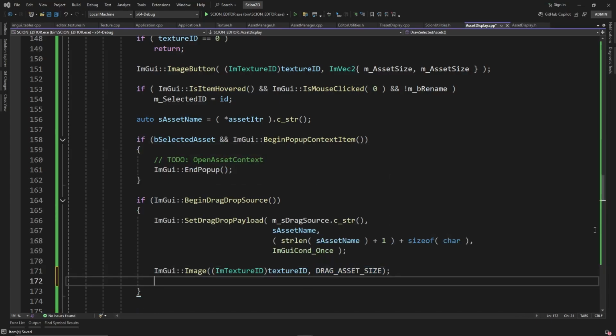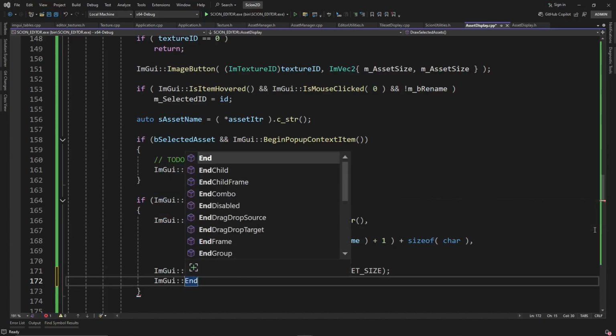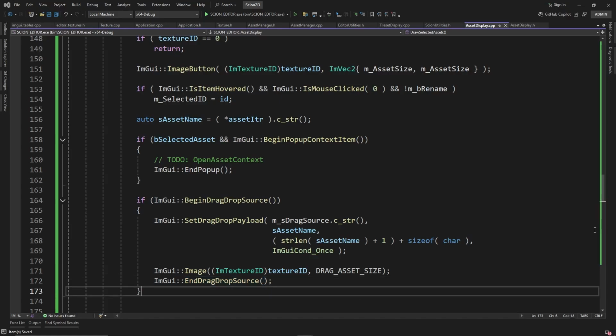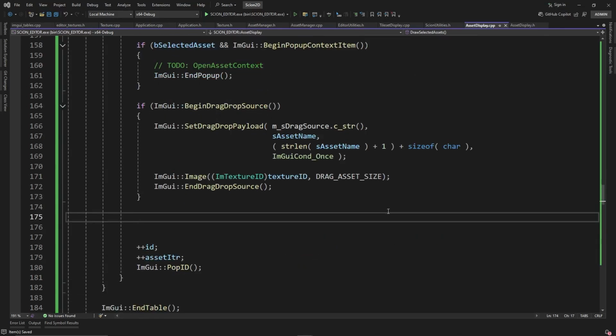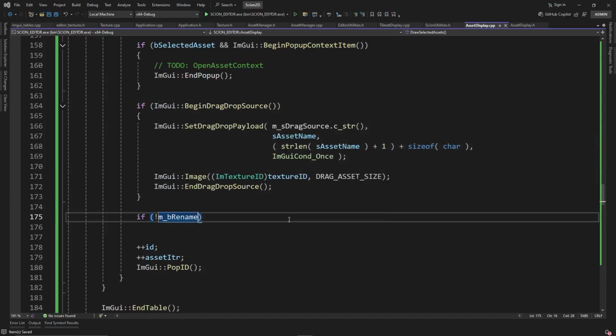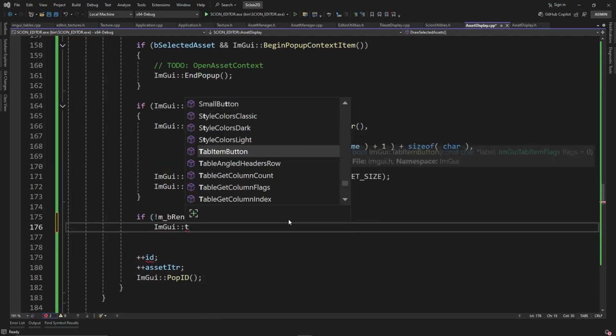Cool. And then we want to end the drag source. ImGui end drag drop source, sorry. Cool. Now I want to have the name of the asset below the tile or below the cell. So I want to draw that in now, and I'm only going to want to draw if I'm not renaming it. Okay, so if not mb rename, then I want to say